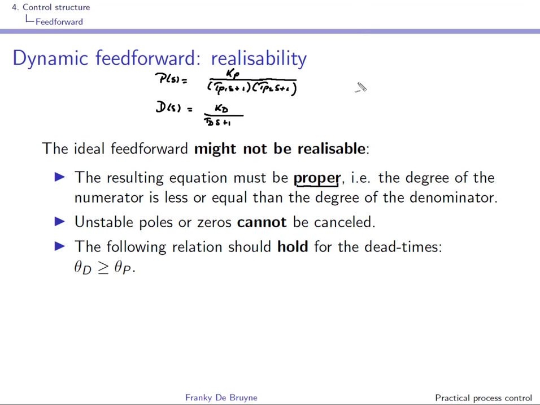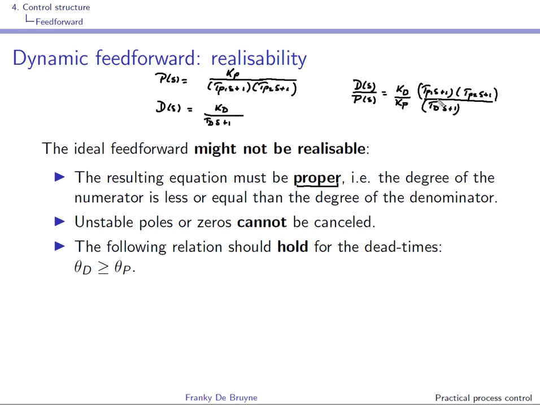If we have a look at D over P, what we'll have is Kd over Kp, and then we'll have, well, these ones at the numerator, Tp1 S plus 1, Tp2 S plus 1 over TdS plus 1. So you can see that, well, this transfer function is not proper, so the ideal feed forward